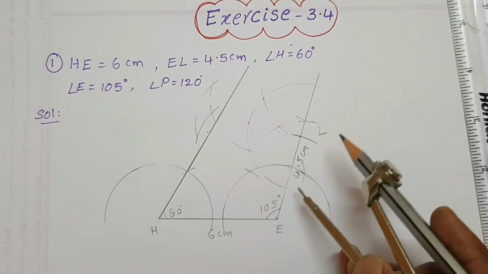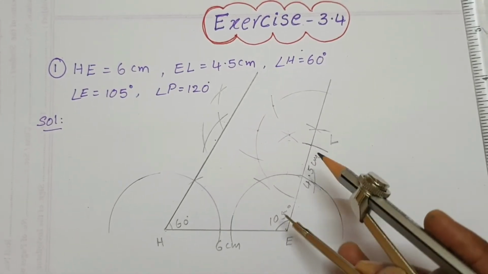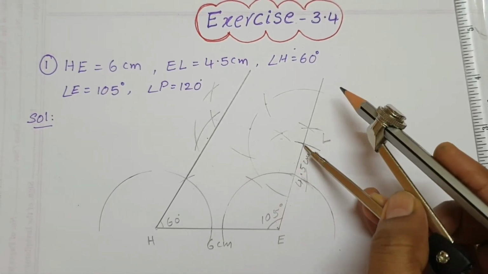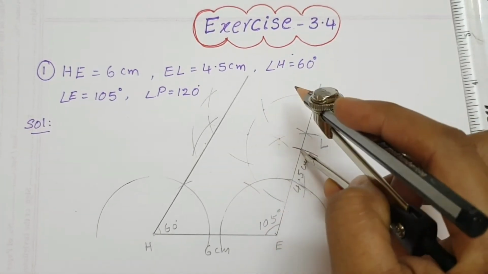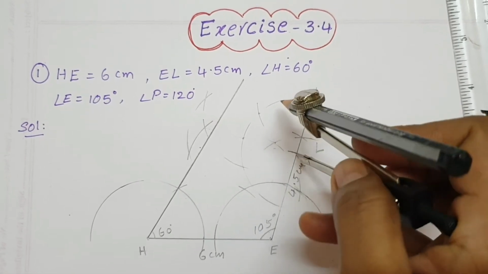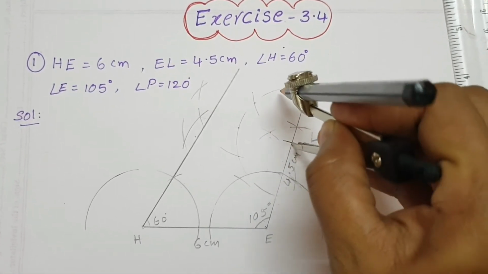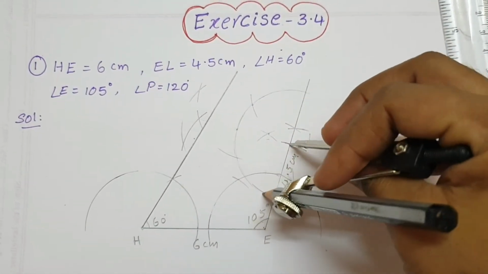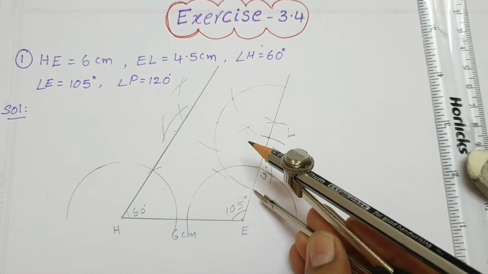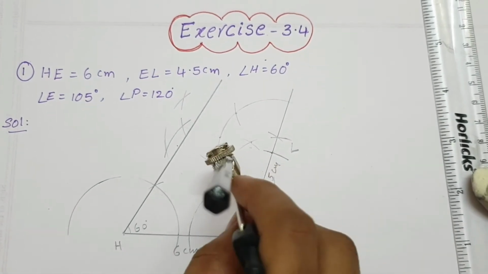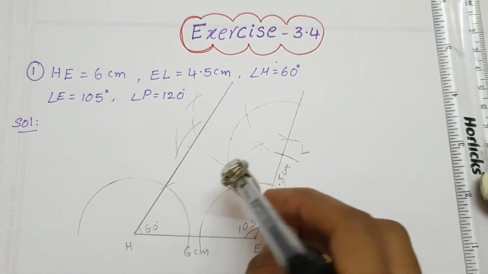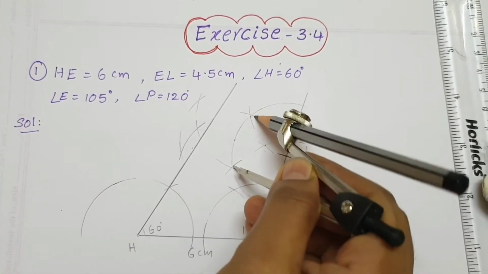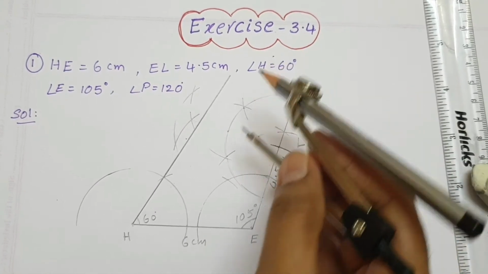Again see here, 4.5 centimeters. This is one of the arc. This point is called L. Here too, this is L. L to below half of the angle, otherwise more than half also take. Here draw half of the circle. This is half of the circle. This is 0 degrees. From here to one arc. Here to one arc. Again here to another arc. Or this side also draw, no problem.